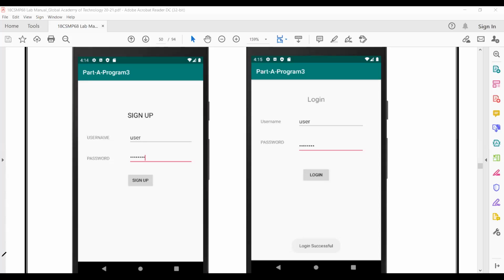Now, with respect to program 3, you need to create two activities. And before that, my voice is audible, students? Can you hear? Yes, sir. Okay, fine. So here, you need to create two activities. This is your first activity, and this is your second activity. So two activities you need to create in this program.